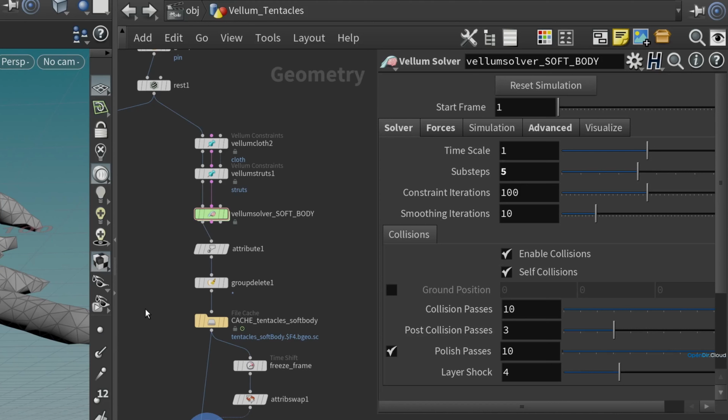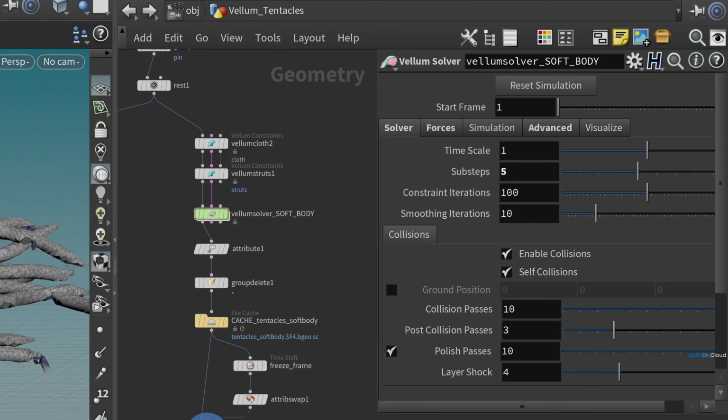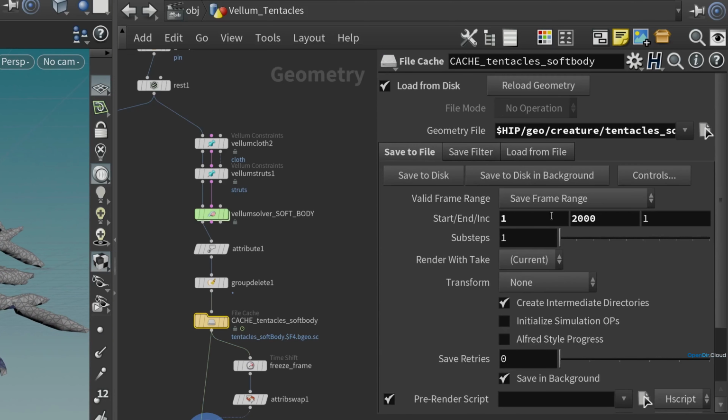And you don't necessarily need to do the cache separately from your flipbooking. You can tell Houdini to cache out all of these frames as it's doing the flipbook. Ultimately, we'll want to do a separate cache pass because this is caching out 2,000 frames, and we're going to need lots of extra frames so that we can time offset these sims to get variations between the different creatures. And our simulation time will be significantly longer with the increased substeps, but it's worth it for the improvement in